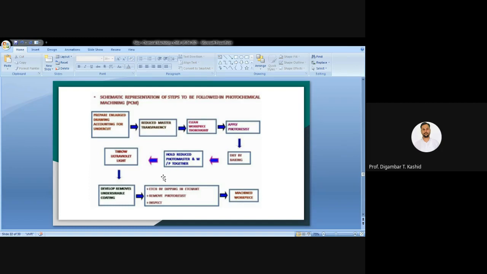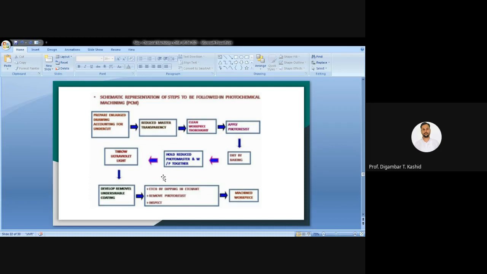Okay, that means you have to remove the coating from the area where etching or chemical reaction is to take place. Okay, जिथलं मटेरियल रिमूव्ह करायचं तिथलं कोटिंग आपल्याला रिमूव्ह करायचं. That is called development. Okay, and then after that, the dipping of your workpiece inside the etchant or spraying of etchant on the workpiece. The same process will be as follows.